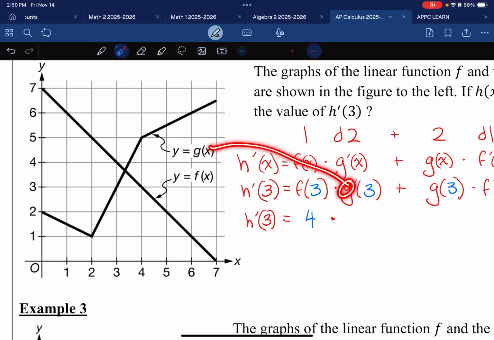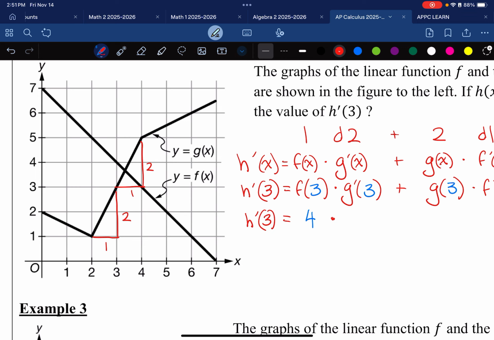So I'm looking at g first. So there's g. It's talking about this line right here. On that line, I want the slope at 3. So I come up here to 3 and say, okay, at this point, what is the slope? And this is where we're going to do a little bit of legwork. We're going to say, okay, this is going right 1 up 2, right 1 up 2, right 1 up 2,